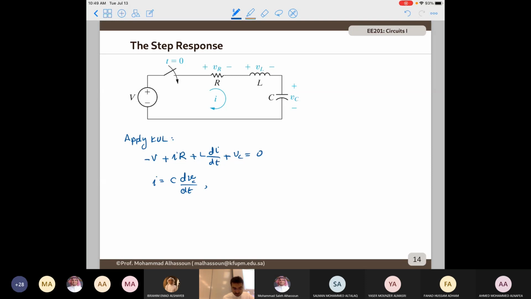If I differentiate this one more time, I will get C d squared Vc by dt squared. So if I substitute, I will end up with something like this: d squared Vc by dt squared plus R divided by L